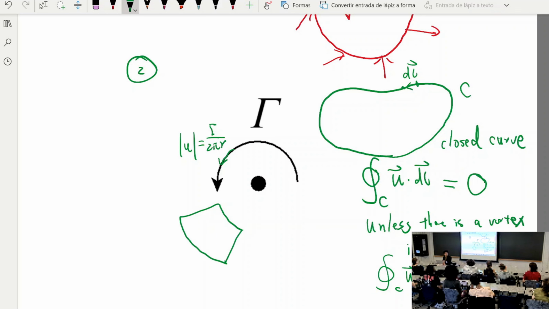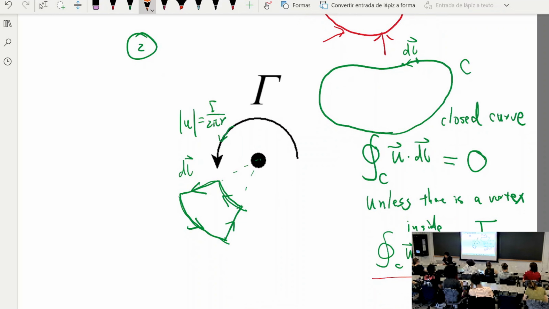That's an example of a closed curve. It is formed by 4 sides: 2 radial sides and 2 circumferential sides. Let's make the integration that way, so we have our dl pointed that way. If we look at that integral, the same integral